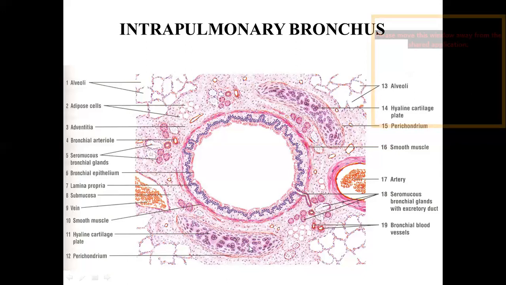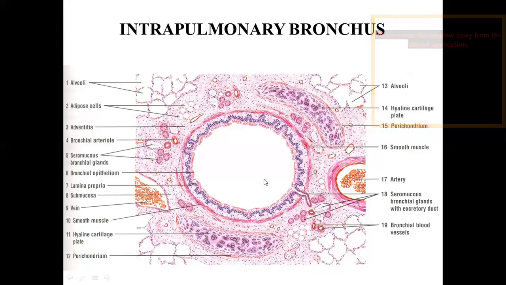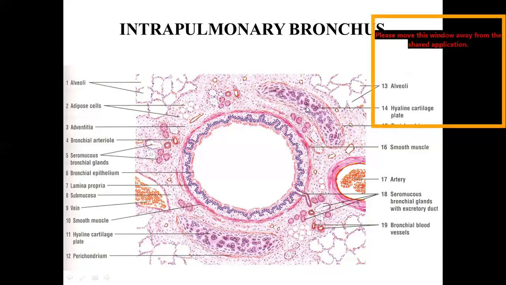Now here the cartilage is not in the complete form as you have seen in trachea, a C-shaped ring. It is not here in bronchus. In bronchus, it is in the form of irregular plates. You see the hyaline cartilaginous ring only, but here they are not complete rings, they are irregular. This is a blood vessel again. Outside is the adventitia. So this cartilaginous ring keeps the bronchus in a cylindrical manner because of the continuous surrounding muscle layer and the cartilage layer. So this is a feature of a bronchus: mucosa, smooth muscle layer, submucosa, cartilaginous layer, and adventitia.